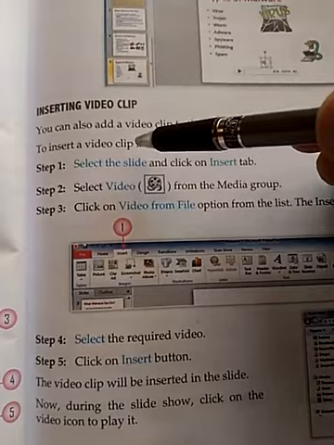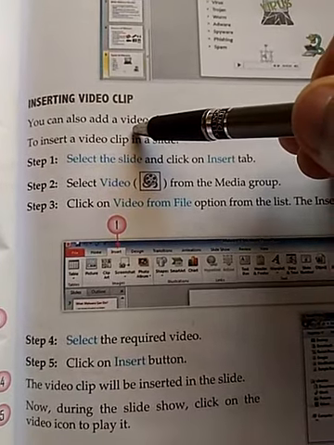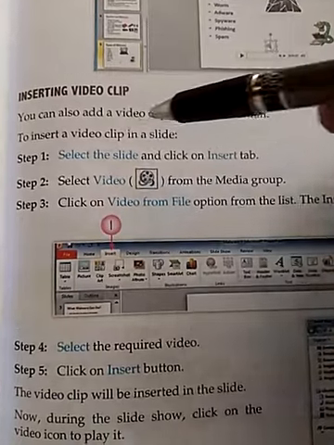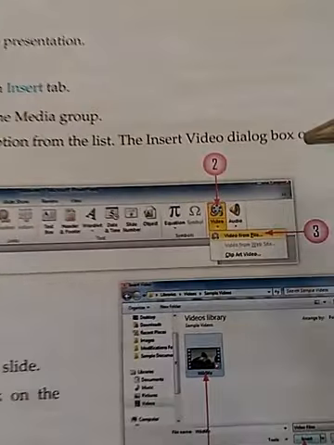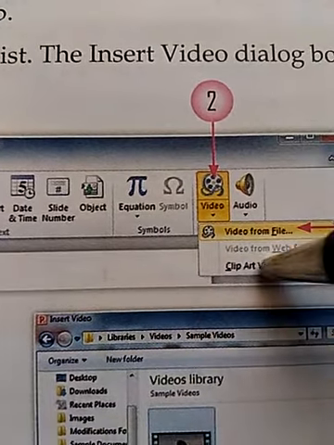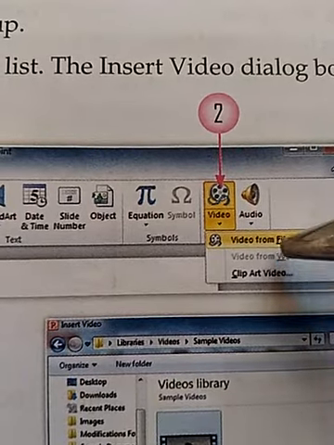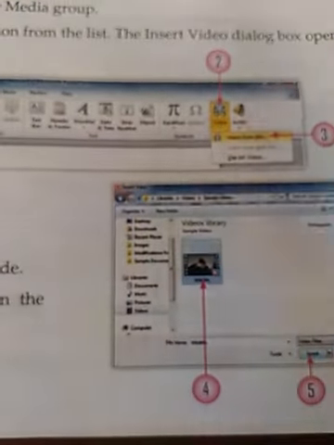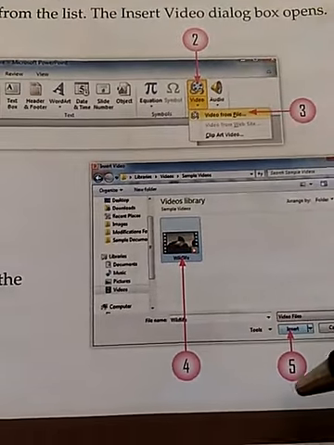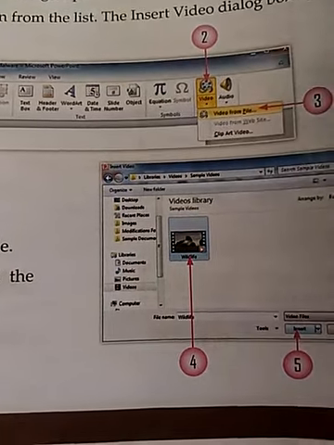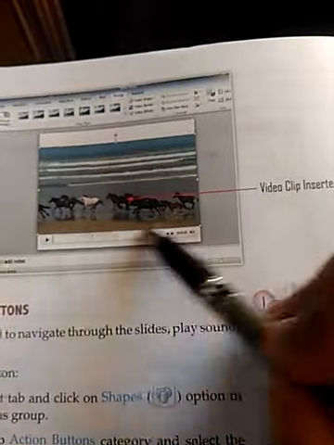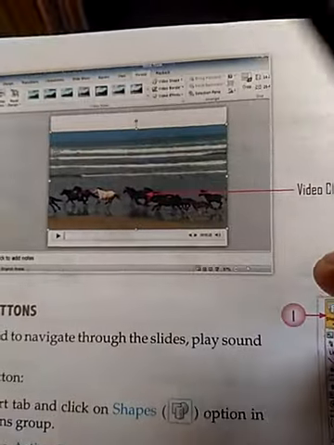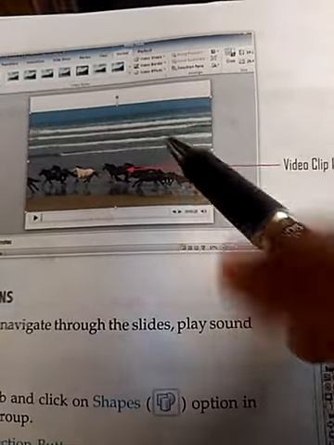Now if you want to insert any clip video or a video in a slideshow, then how can it be done? Again, go to the insert tab. On the insert tab, you will find this option video. Here you can choose video from file option to browse the video from your hard disk. Just browse the video from your hard disk. After that, click on the insert button. After clicking on the insert button, that video will be inserted in the slide. This video will be played during the slideshow. When you click on this,